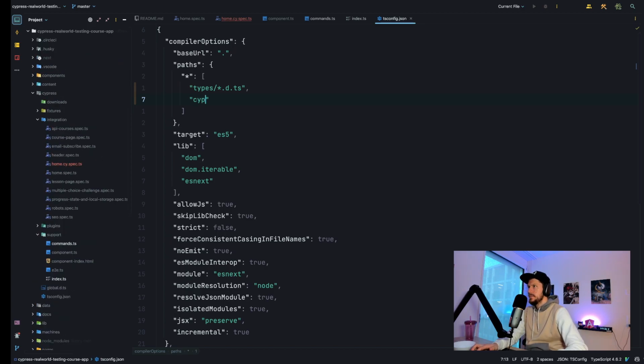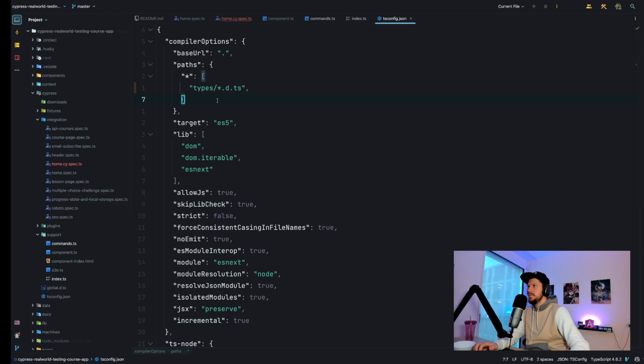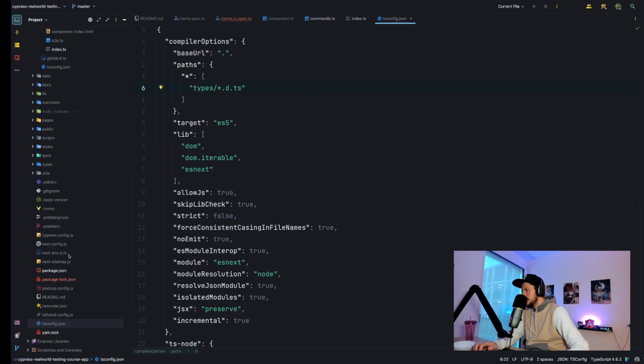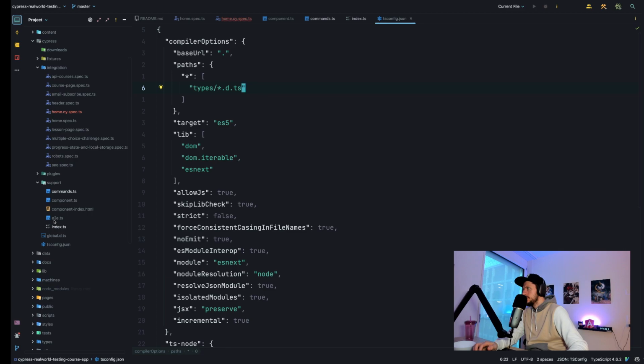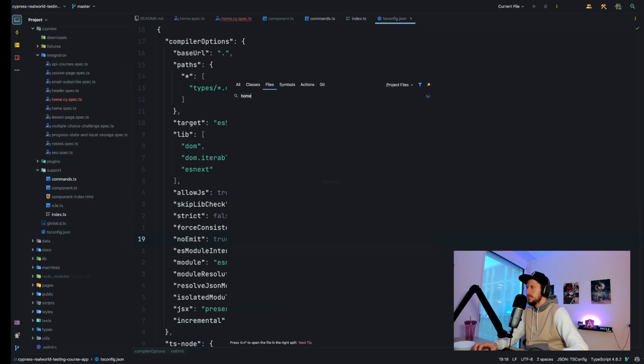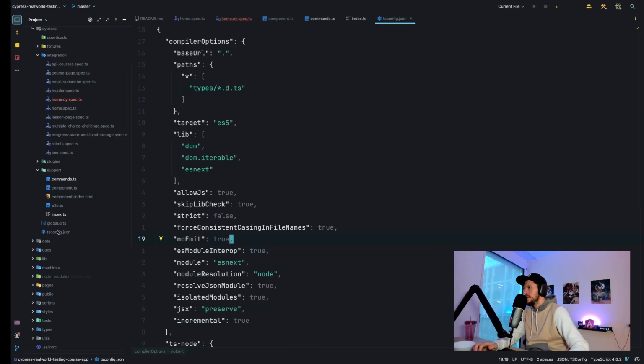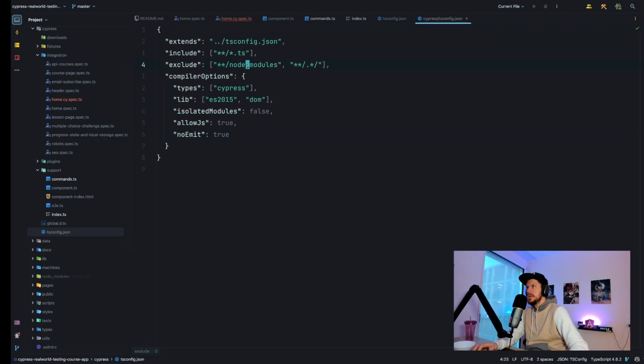It's under Cypress. But that should probably be in the TS spec, right? Is there a TS spec? But we have one in here, right? And here we say type Cypress, but then also